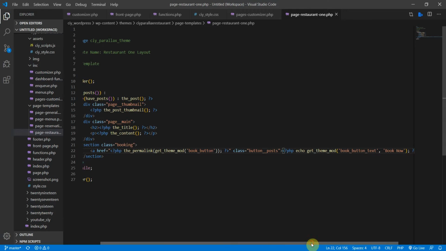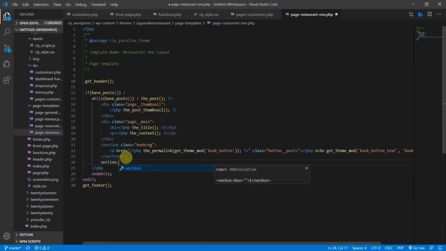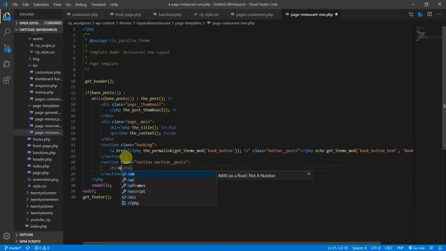Let's save that. Okay, and the next thing is we're going to add contact details. We're also going to add a section with posts and news and events. So we're going to reuse the query. Remember, we had a query on our front page with 3 latest. We're going to do the same here. So let's do that. So first we need a section with a class of section and class of section posts, and posts like this. Go ahead and let's hit tab key, and in this section, first let's do an h2, so news